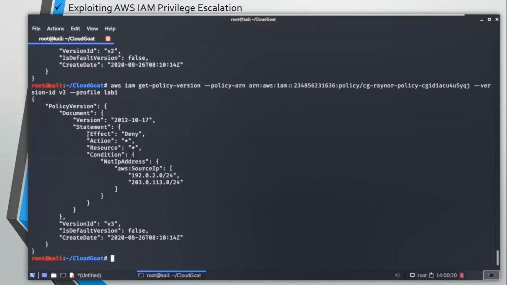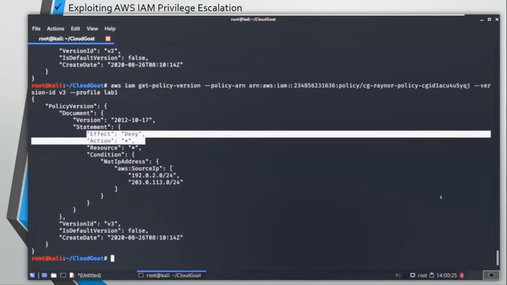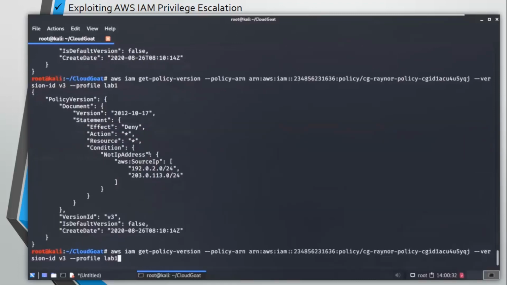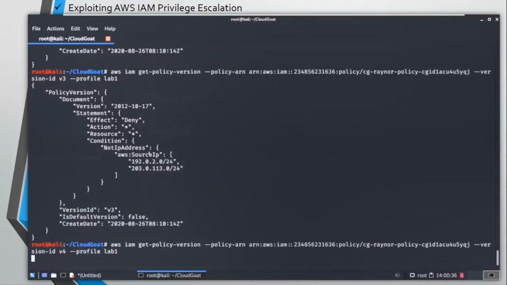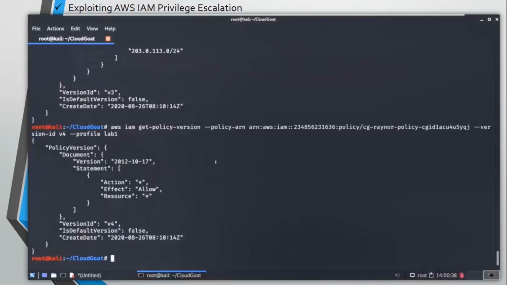Good lord. Effect deny, action anything. So everything is denied under this version of this policy. Let's check version 4. Awesome.